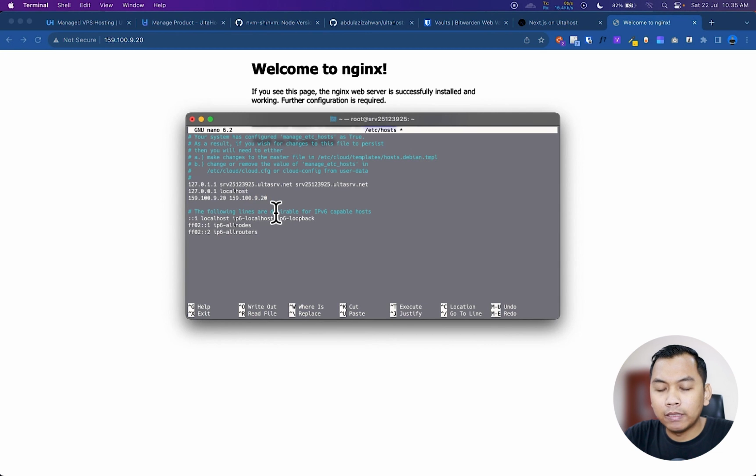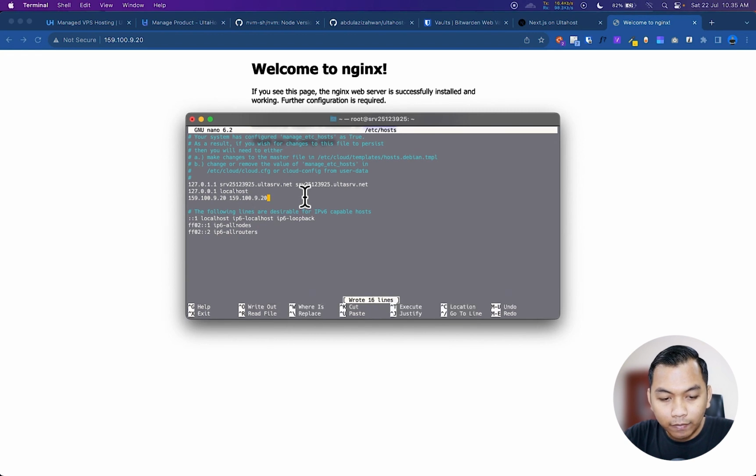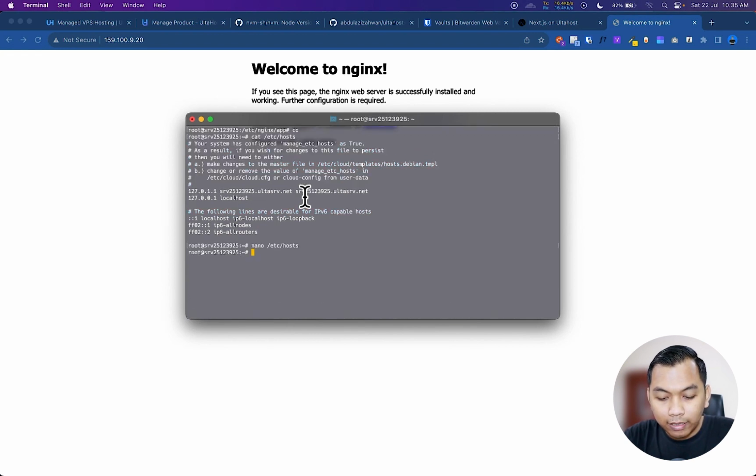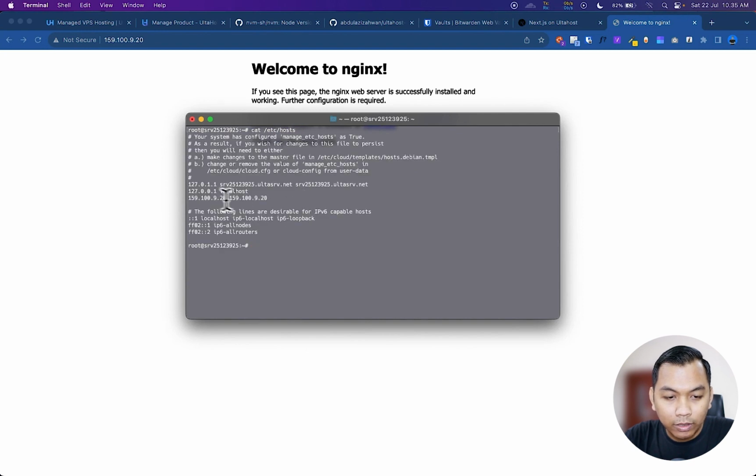If we have a domain, we can input our domain here, save, and then exit, and let's check again, etc/hosts. Alright, so we see our IP is accessed using IP, not a domain.